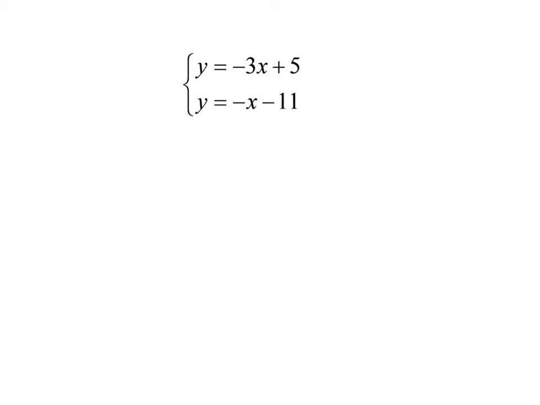Okay, so quickly, let's just review our steps. First thing we do is isolate. One of the variables needs to be all by itself. Well, I notice y is isolated here, y is isolated here. So they've been nice to us. They've already done that part. Step one's done. Okay, after we isolate, step two